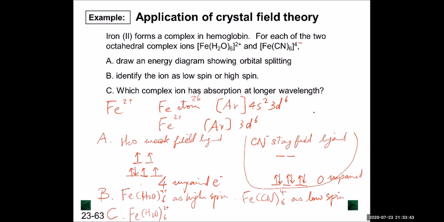It's not important. So question C is based on strong field or weak field. The weak field means a smaller gap, and the d electron will absorb less energy, which means lower frequency, longer wavelength absorption. So that's how crystal field theory applies to